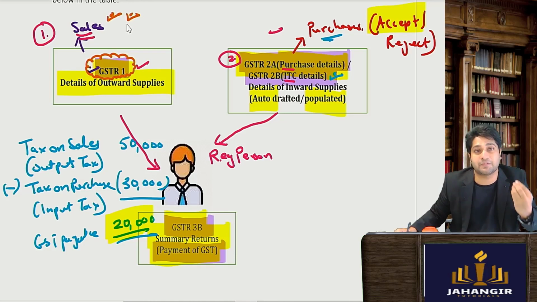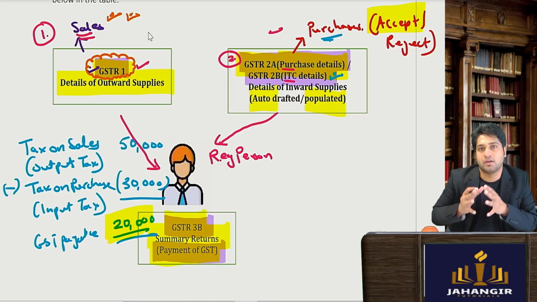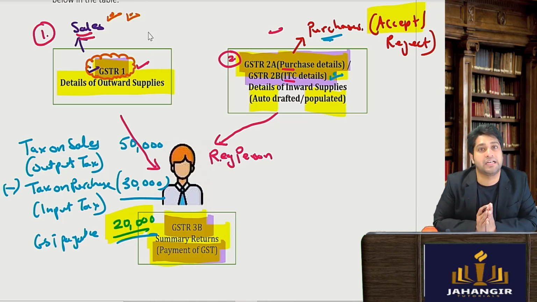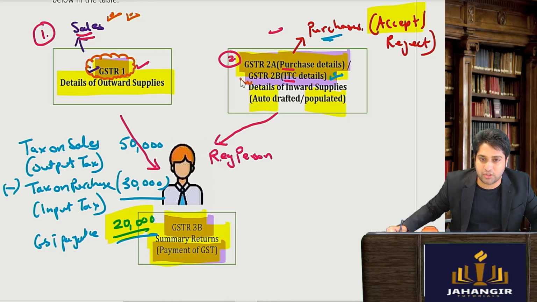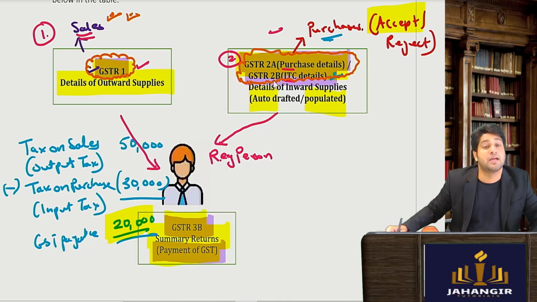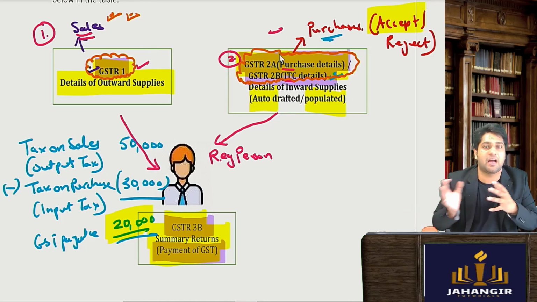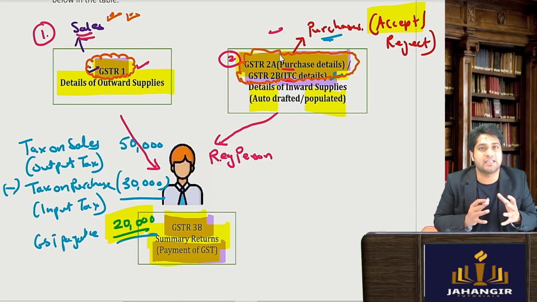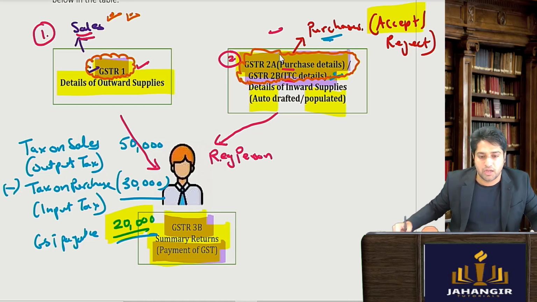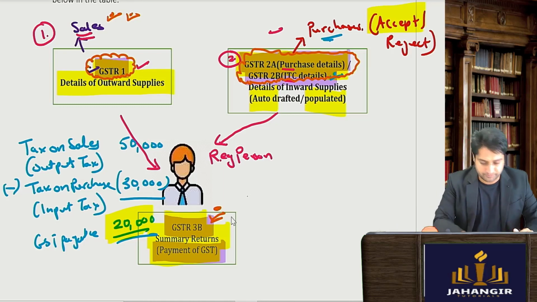मुझे परचेजेस पे कितना टैक्स भरा कहां से मिलेगा मेरे को? What all purchases I have done, in which return can I find the details? So it will be in GSTR 2A and 2B. I will come to know my details of my purchases. Then the set off, I'll do a set off that I have paid already and now I have to pay so much. So that ITC and this calculation is done in which form? It is done in GSTR 3B. Okay, this set off or input tax calculation will be done in GSTR 3B. I hope this is supremely clear.